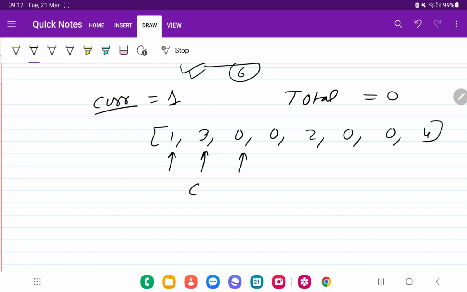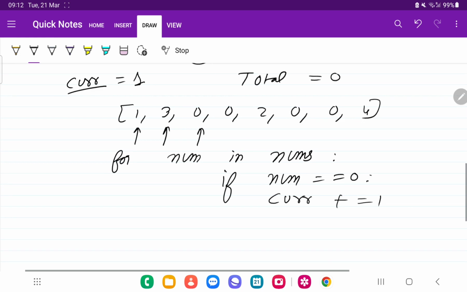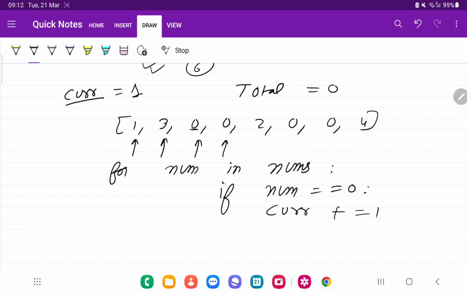So I can say that it will be like this: for num in nums, where nums is the array name. If num equals 0, we will increase the current value by 1. Perfect. Now as soon as we get the next element, the current value will also increase.